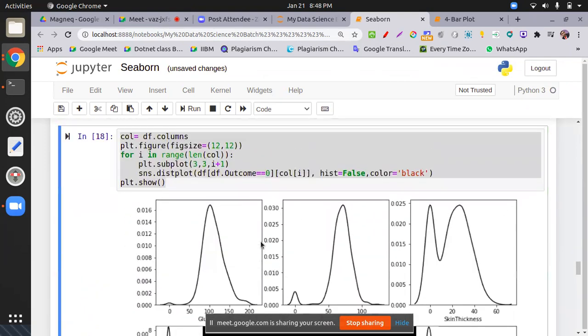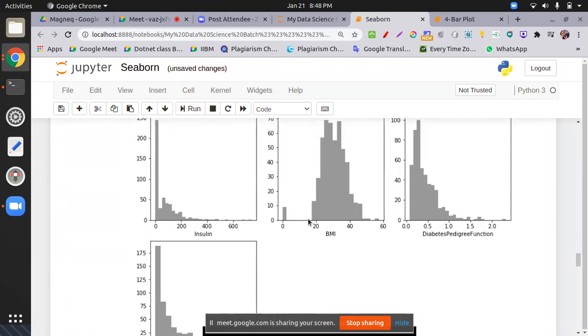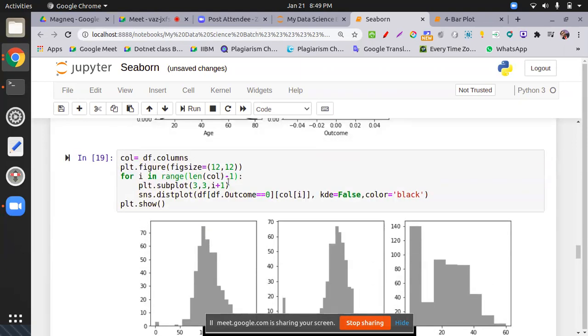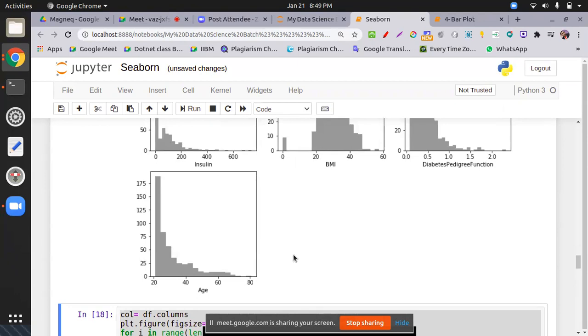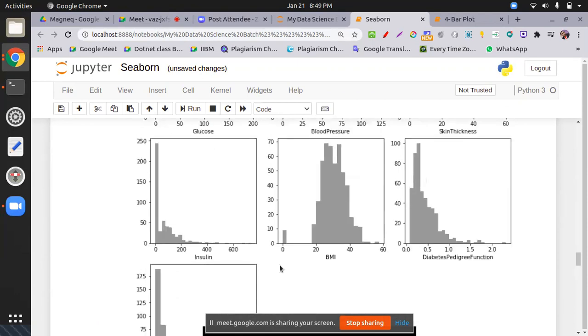Where is my diagram? There are a lot of plots, I'm still confused. Yeah, this one. So regarding the question, only one histogram is there. That is a classification column, actually that is a classification data set. What is classification? Just forget it right now. When we do the machine learning part, I will tell you about regression and classification. A single column doesn't play any role. That's why I put the minus one, removing the last column, outcome, because the outcome data is 1 or 0, that is a characteristic of the data, it belongs to diabetic or non-diabetic. So I remove this one, now it's fine for you.